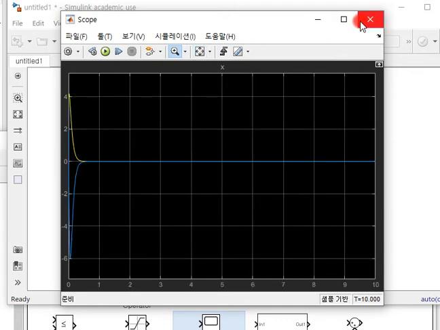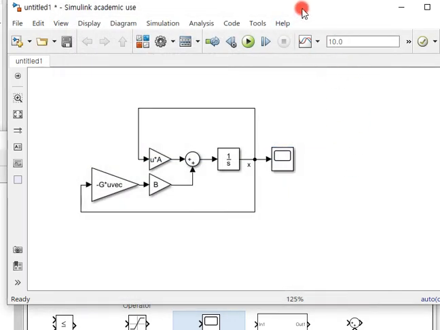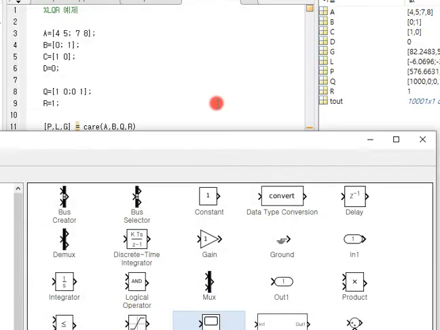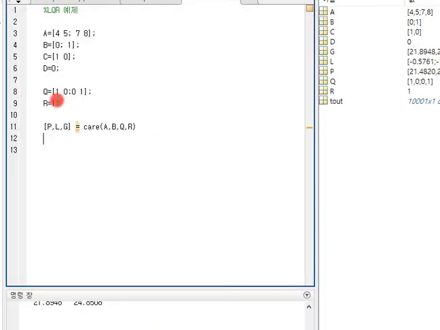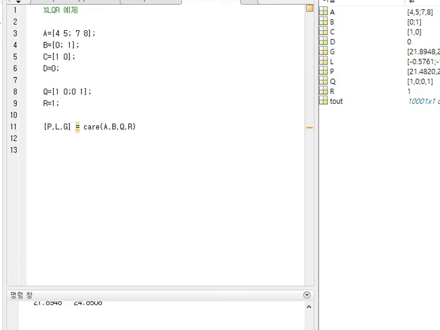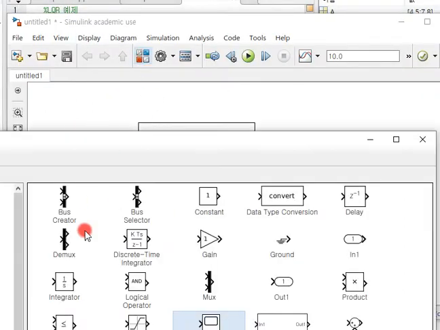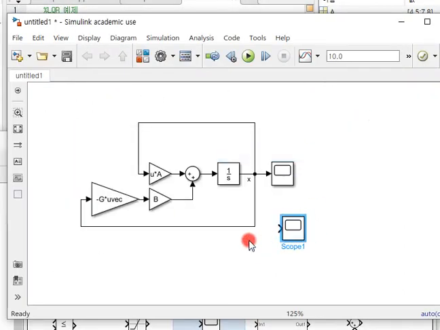As I mentioned, Q and R are very important. If we set Q and R to 1, the control performance and input